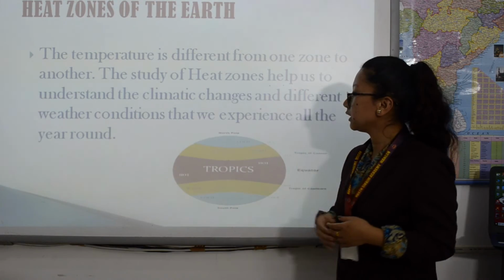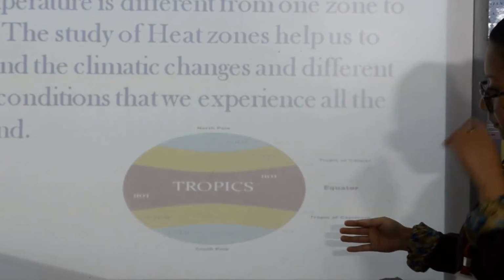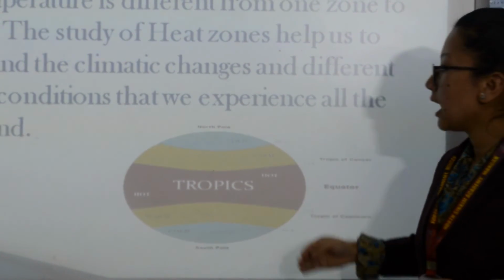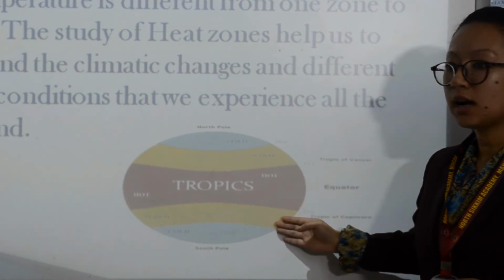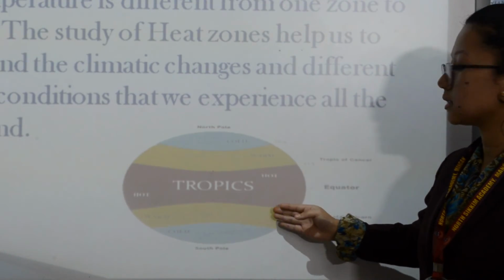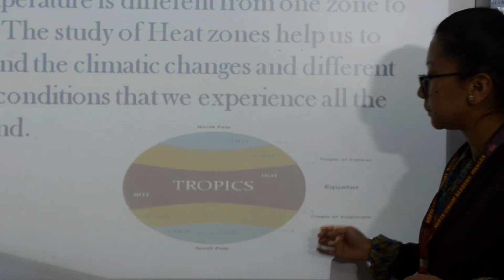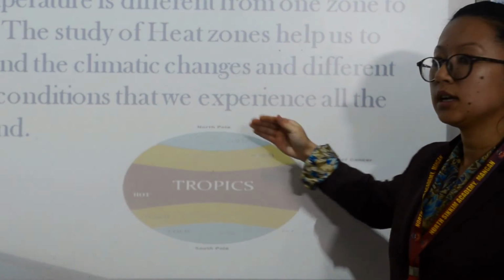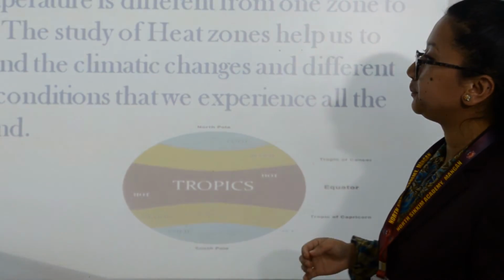As shown in this figure, you can see the red marked region is above the equator and below the equator, and these are very hot. And as we move a little bit up, you can see the yellow marked region. These regions are quite warm and have a moderate kind of temperature. As we move towards the South Pole and the North Pole, it snows all the time and is very cold.